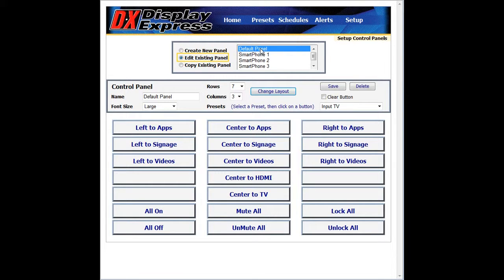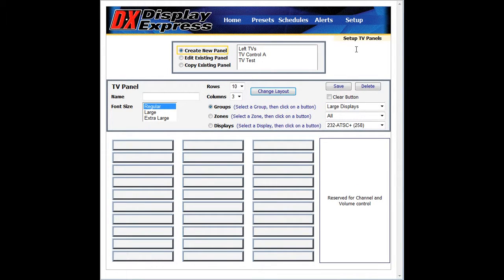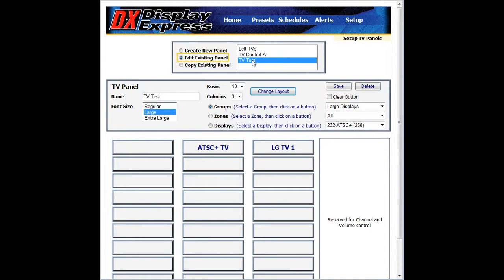And again, this can be assigned to people, and I'll show you how to do this. A TV panel is more a manual control panel, so some stuff is pre-designed for you. Now, instead of presets, you're going to be placing TVs or groups or zones on a panel. So here's my little TV test I do when I'm testing some of the products on my test jig for